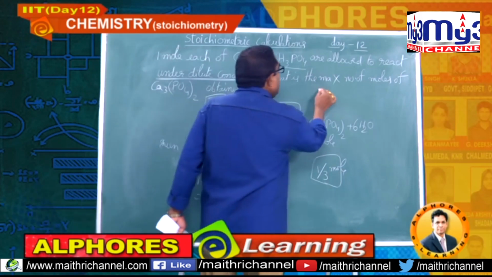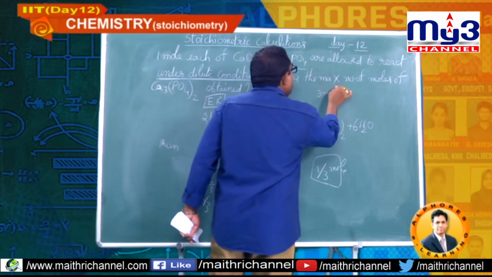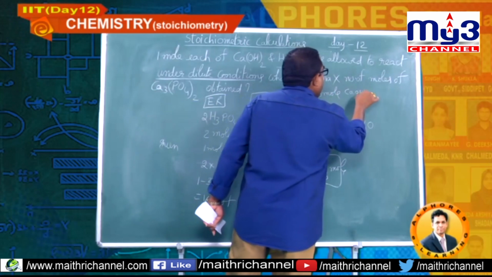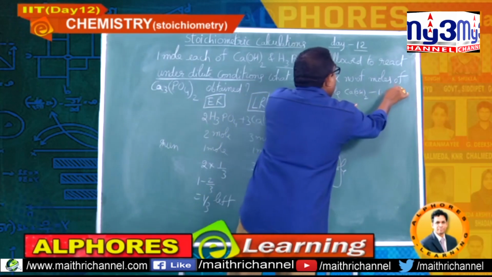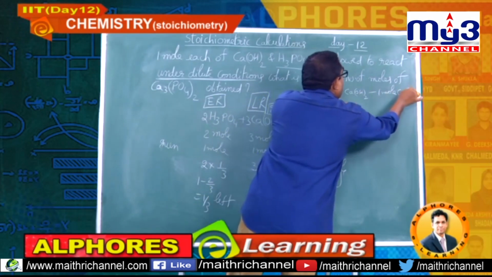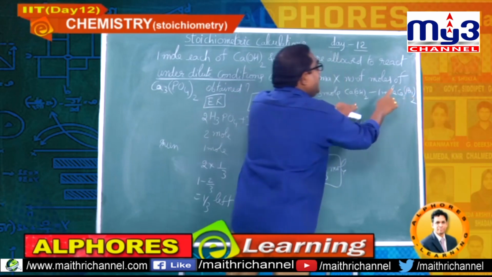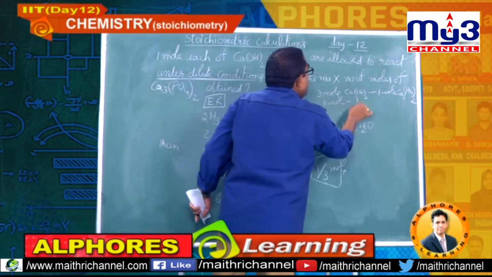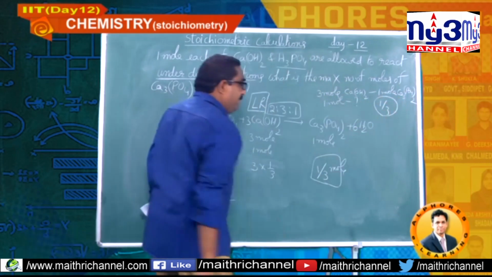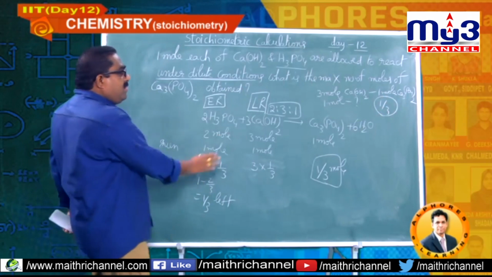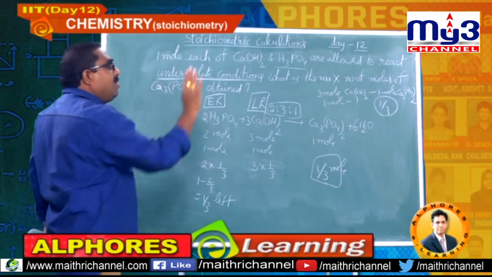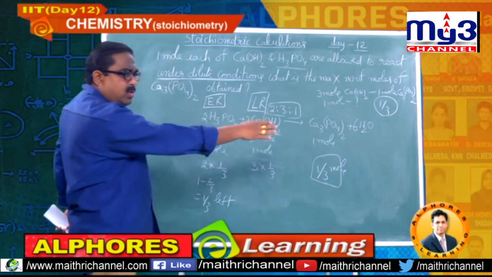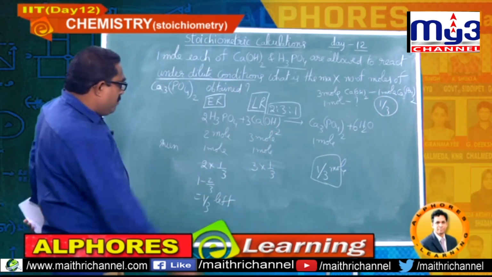I have already decided the limiting reagent as calcium hydroxide. Here I am writing, students, you please concentrate. Based on the stoichiometry, 3 moles calcium hydroxide gives 1 mole calcium phosphate. Write down, students, 1 mole calcium phosphate. But this time he has given only 1 mole. So what is our answer? 1 by 3. So once you are able to decide the limiting reagent, immediately you can go as per that, or simply as per the logical approach. Please note down.